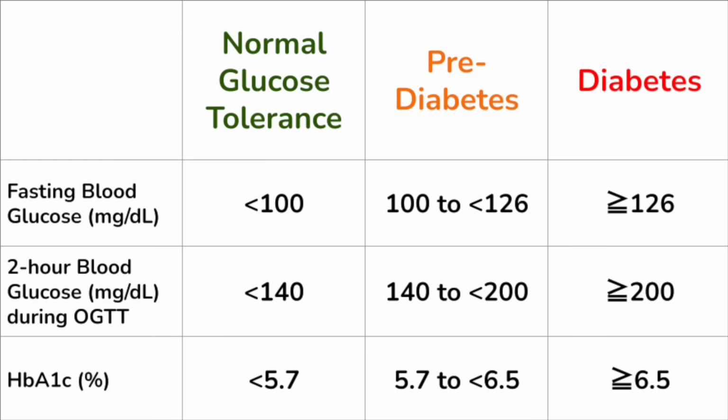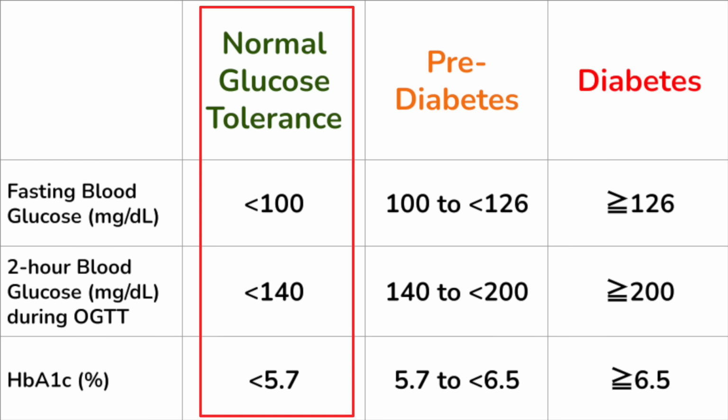Similarly, if all of the values are clearly in the normal, healthy range, then we can be certain that the patient does not have diabetes or prediabetes. A lot of times, though, these tests are not so conclusive, partly because they tend to vary a little bit from one measurement to the next. It could be, for example, that someone's HbA1c suggests diabetes, but the fasting and 2-hour OGTT data are borderline. In those cases, the doctor would probably run these tests again a little while later.